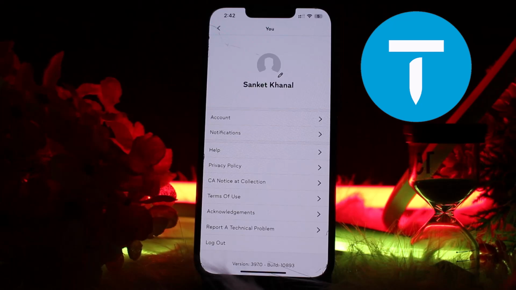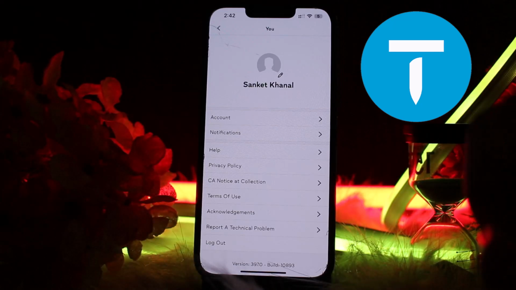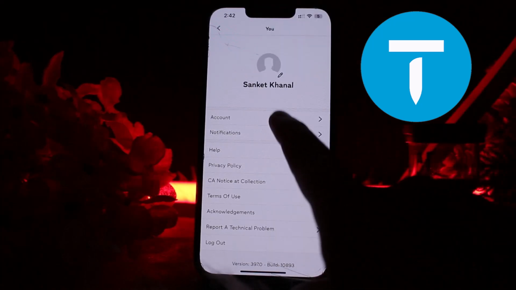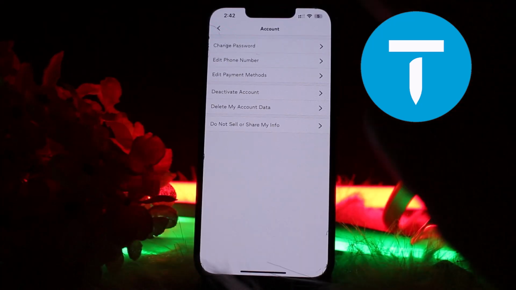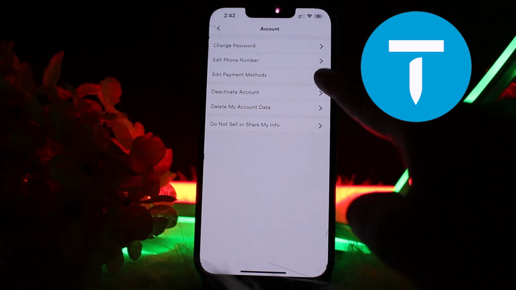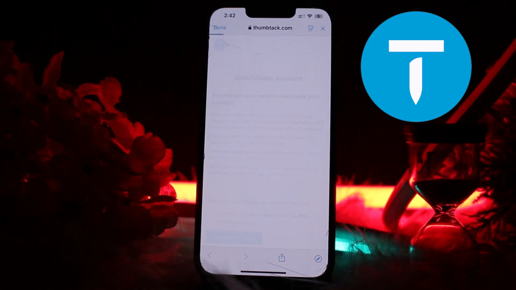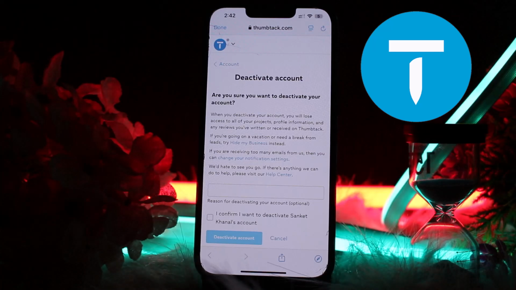Now disabling your Thumbtack account also means deactivating your Thumbtack account. So to deactivate, click on the option of account, and here you'll see the various options like change password, edit phone number, edit payments, or deactivate account. So click on the option of deactivate account, and it says are you sure you want to deactivate your account,